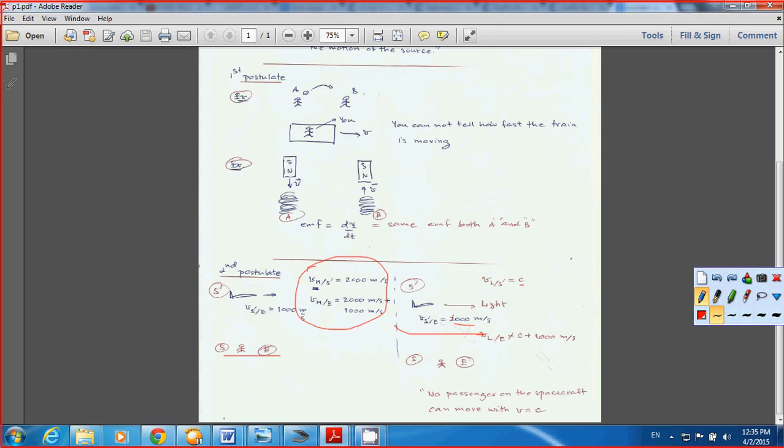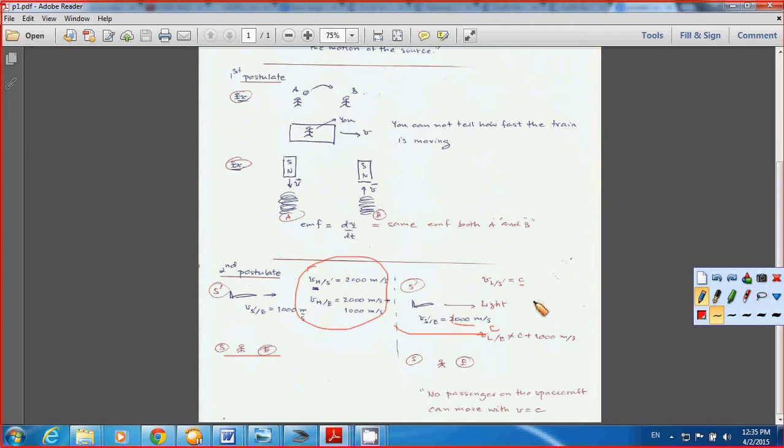Sorry, this is supposed to be 1000, but actually the velocity of the light becomes c, and c plus 1000 is going to be more than c, which is impossible, and we do not allow that to happen. Okay, and we will discuss in more detail later on,